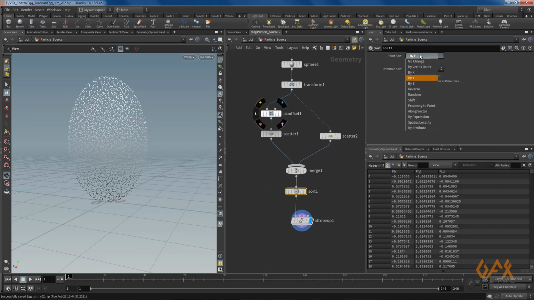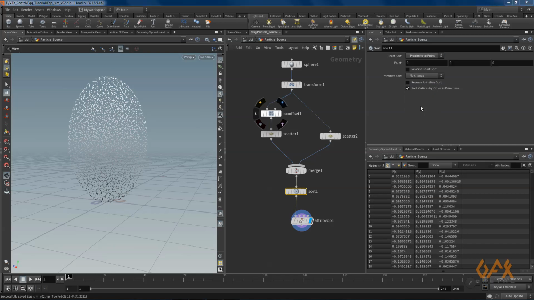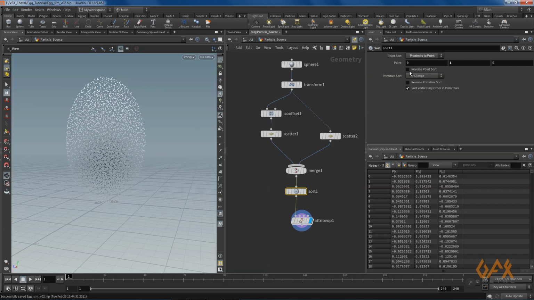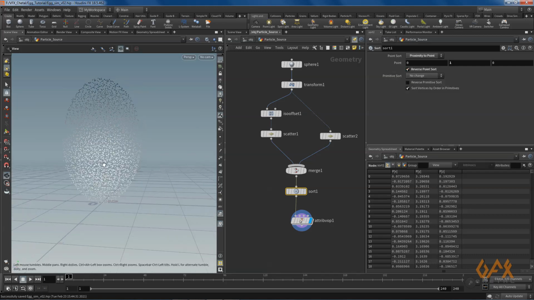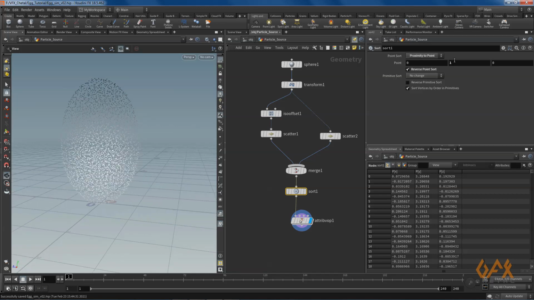So here what I prefer, I just go to approximately point and I change the value to 1 in y. And even I just reverse the point sort. So now from the center at 0 1 0, it spreads my point numbering in a circular or spherical form.